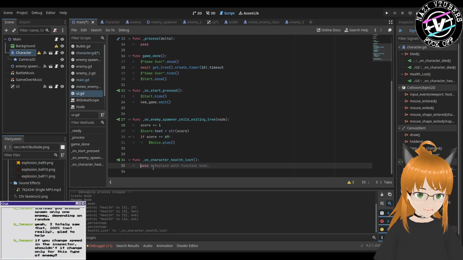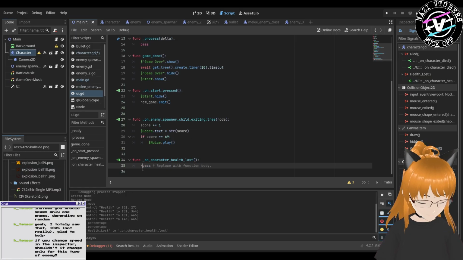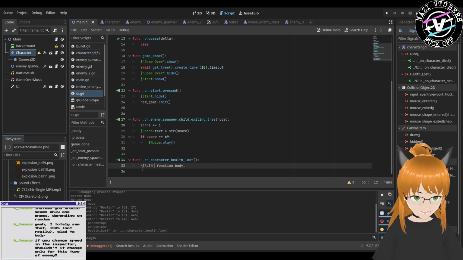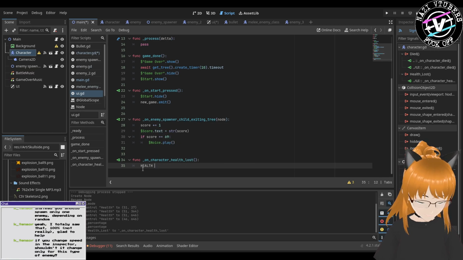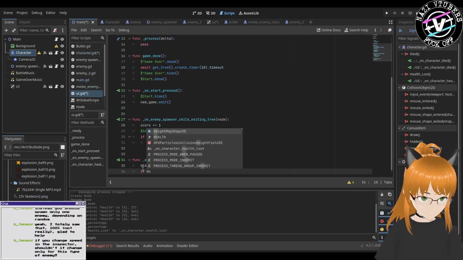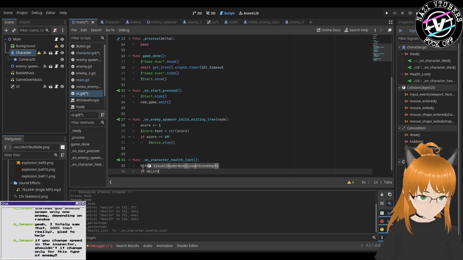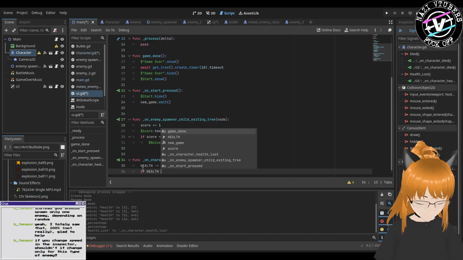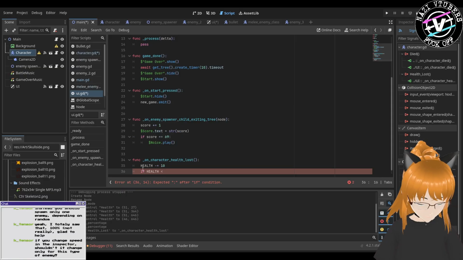So now in UI we have on character health lost: health minus equals 10, and if health smaller equals 0,